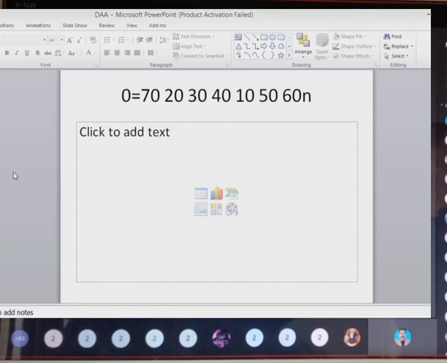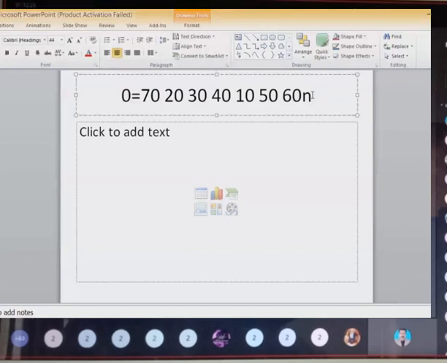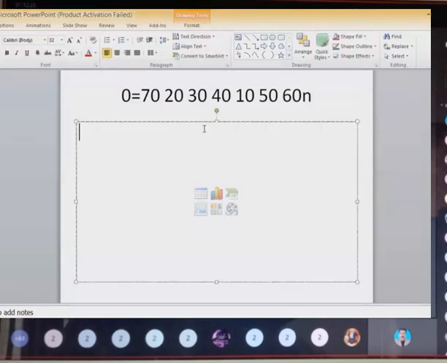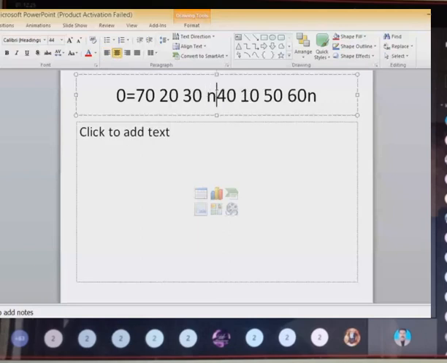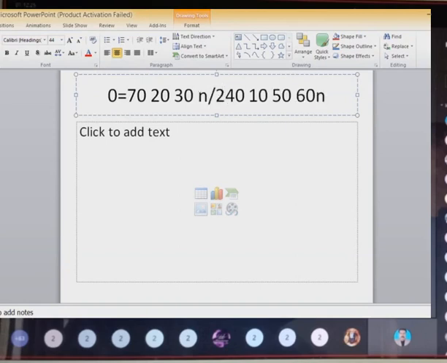Now, zero is the first element, 70, and n is the last element, 60. Now divide this n by 2, which is the middle element. N divided by 2 is 40. N by 2 is 40, the middle element, right? So now we can divide